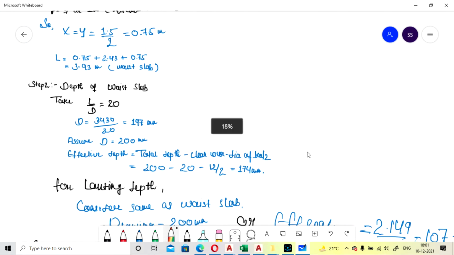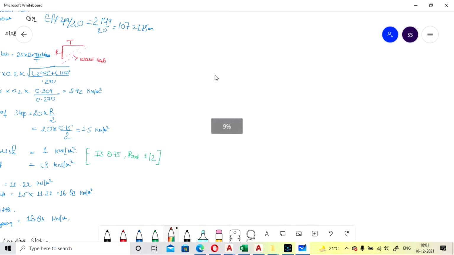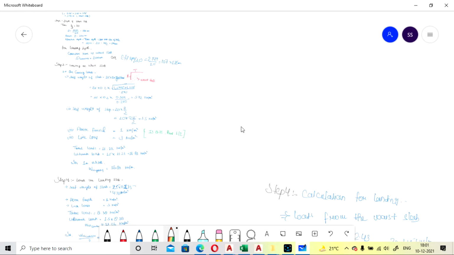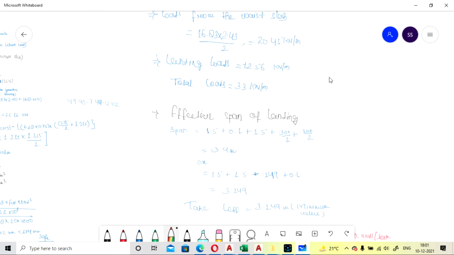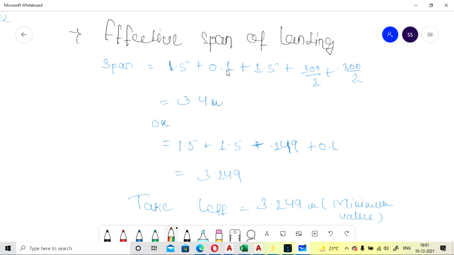Both landings will be the same. You can go with the design of one and provide the steel for both the landings. Here we have taken 1, but it is 150, so you can change it if you want; that is not a big problem. The gap between the flights is 150 mm, so it will come as 3.45.